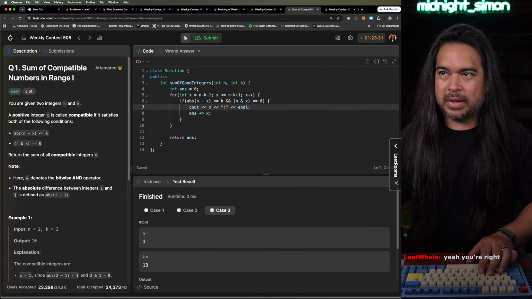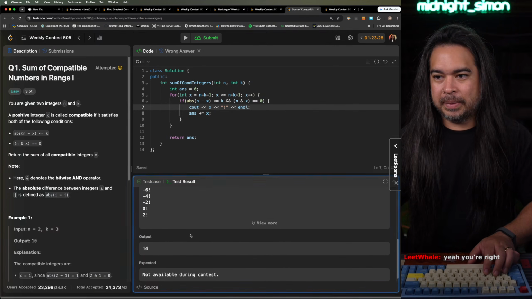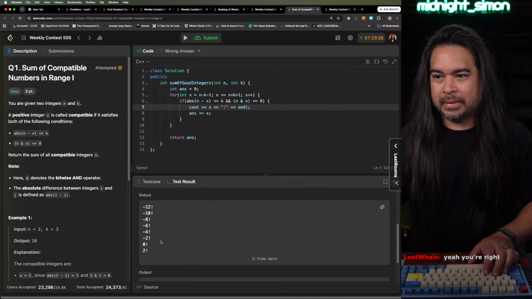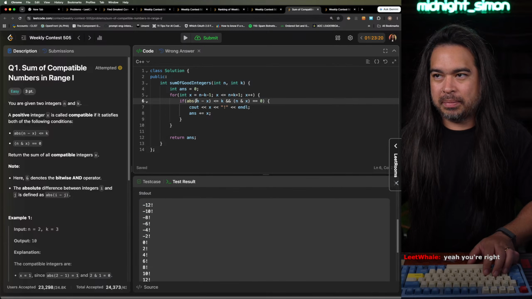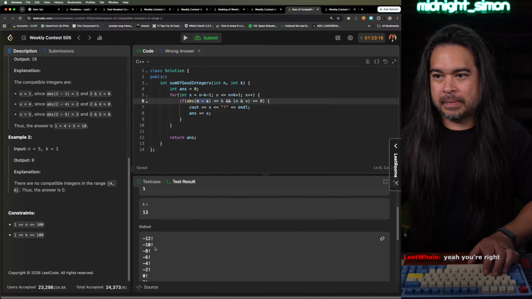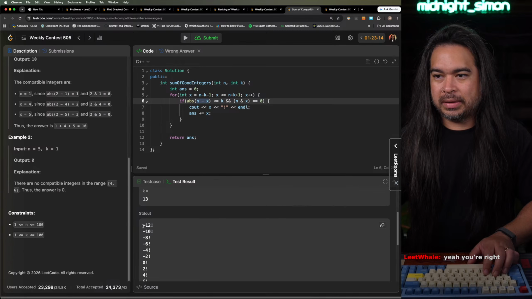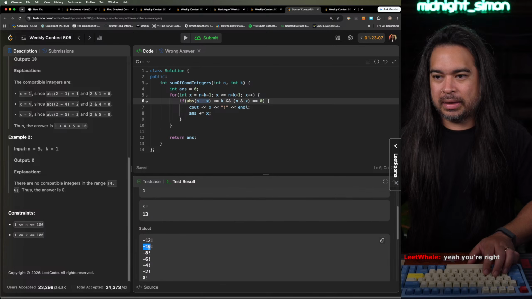Let's see with that test case. I see a lot of negative values that should not be triggered, because n minus 13, I guess it is still within bounds, but like